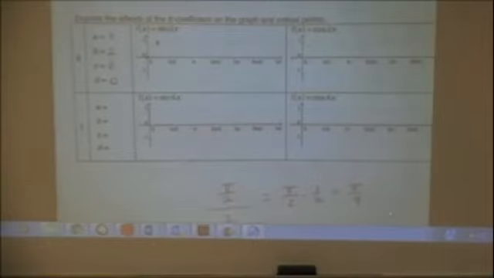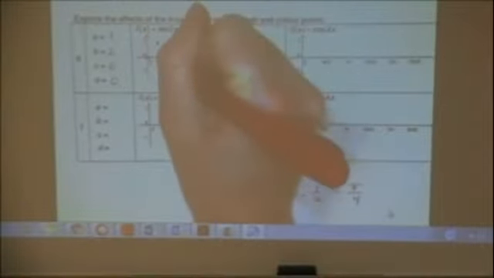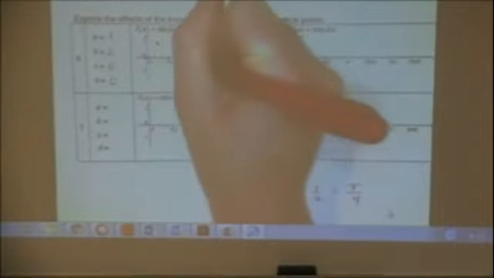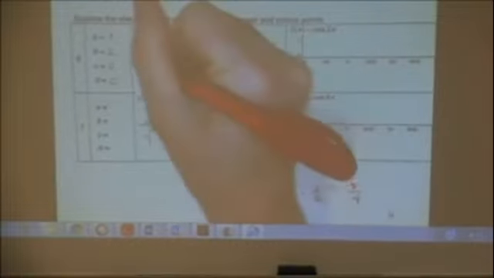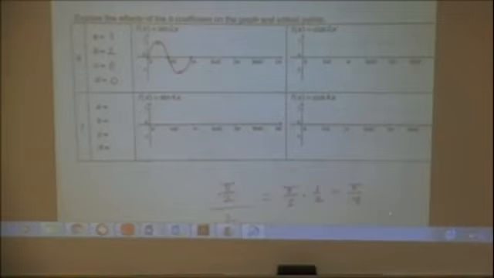Then my next ordered pair was pi, 0. But because of that horizontal change, I have to divide by 2. So instead of pi, it's now half pi. And then you can probably see the pattern after that. Now that's one completed cycle, but now that you have the pattern, you could complete the curve if you wanted to. You can just keep going. But one cycle's enough. If you get one cycle,